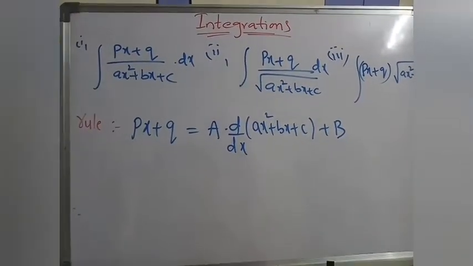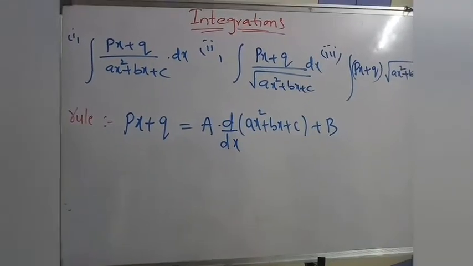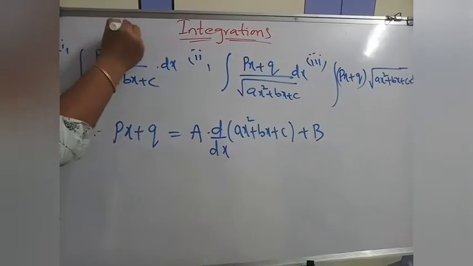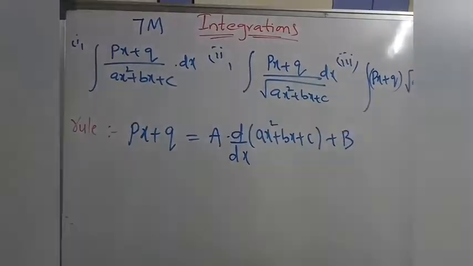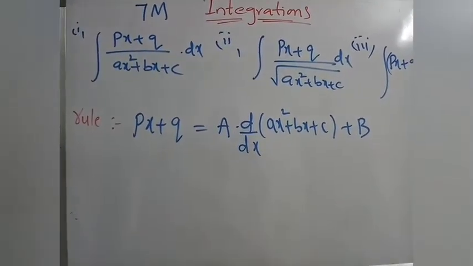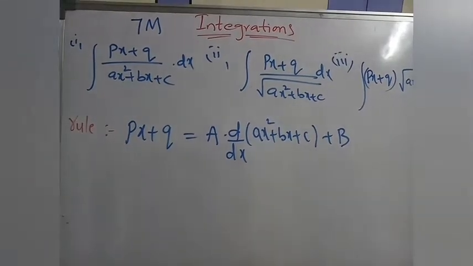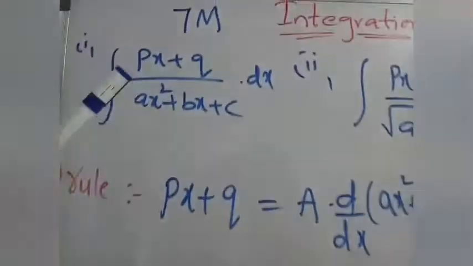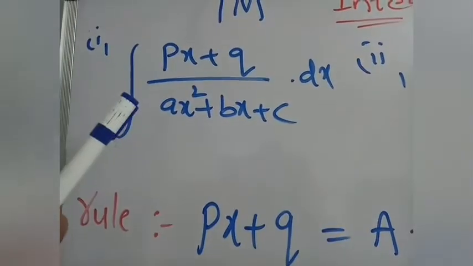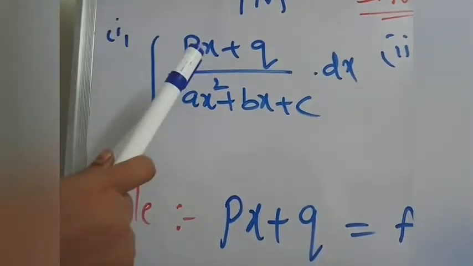Now we are going to discuss the important questions in integrations, that are 7 marks questions. In this, 3 to 4 methods are very important. The first important method is, suppose the integration is in the form of integral (px plus q) by (ax square plus bx plus c) into dx,